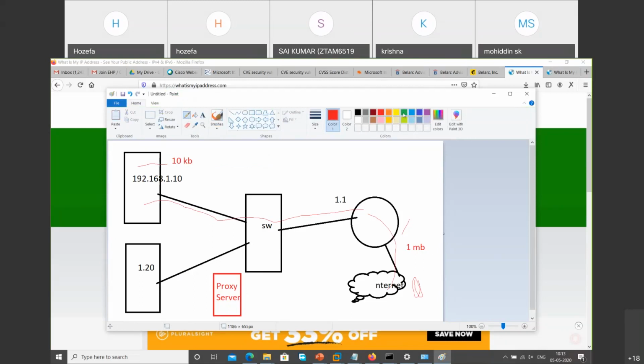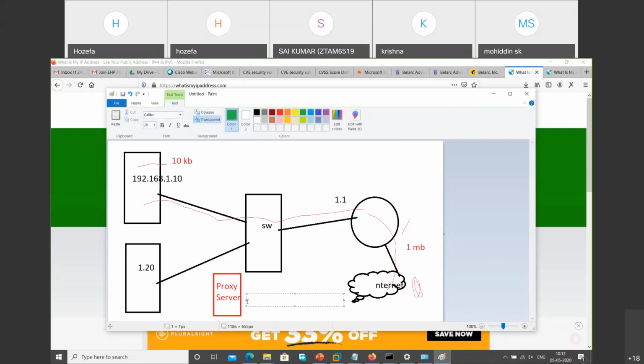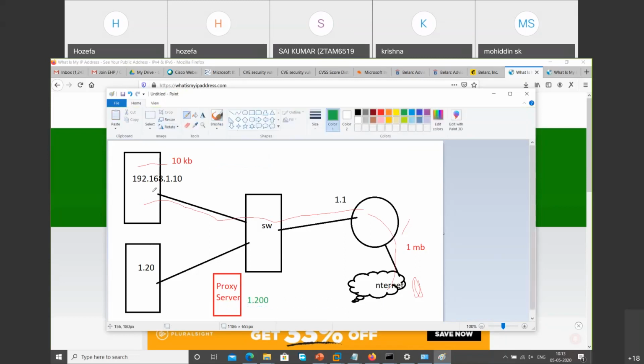My request, I'll install one software on a separate computer and call it a proxy server. On every computer, on every browser, I'll give my proxy server IP address. Suppose the IP of my proxy server is 1.200. So I'll give this IP address of my proxy server here. So now when this computer accesses yahoo.com or Rediff or Hotmail, what would happen is first my request goes to